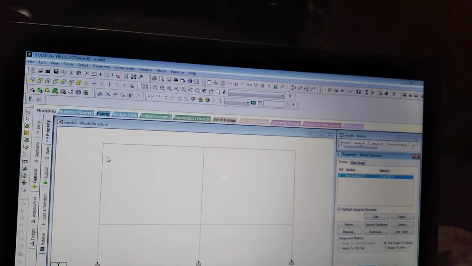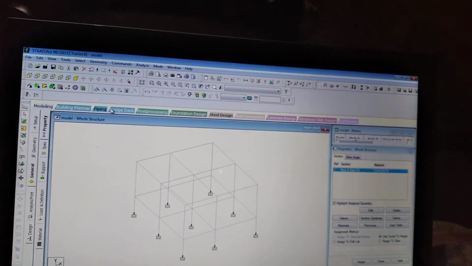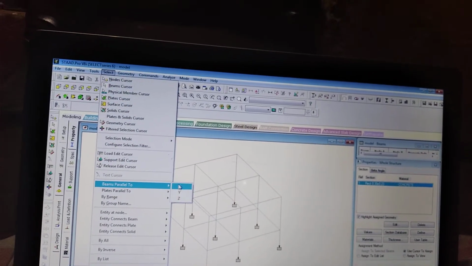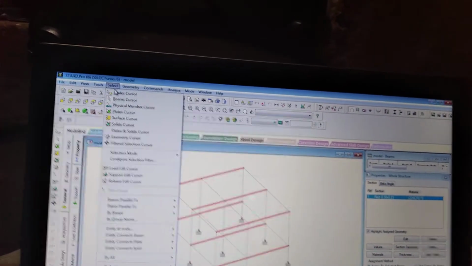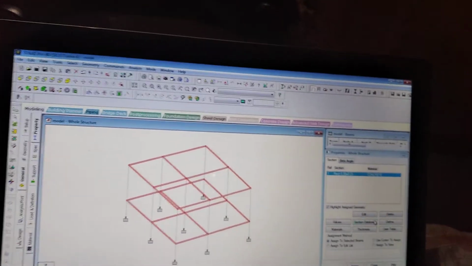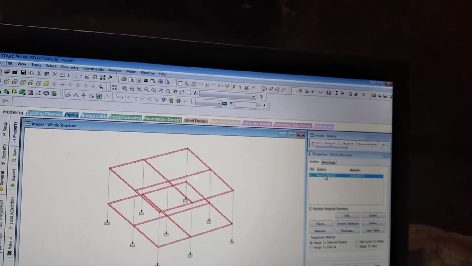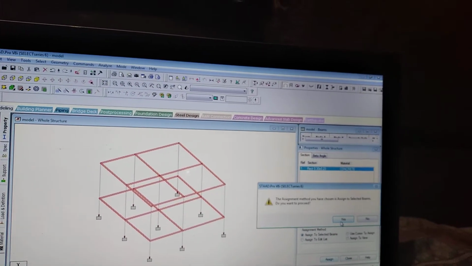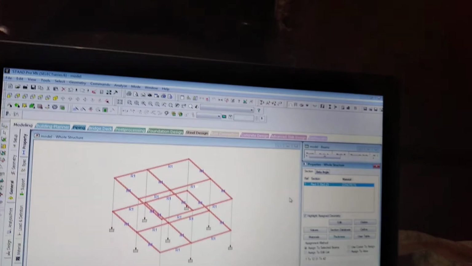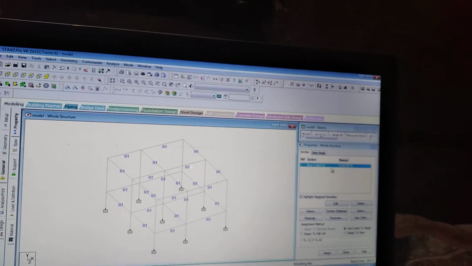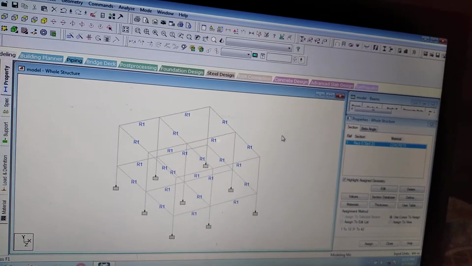So I will click it, and I want a beam, no? So go to select beam parallel to X, select beam parallel to Z. Okay, then select the beam, then the reference section property, and assign to selected beam, assign it, yes. Okay, again I want to assign the property on the column. Okay, see here, I will show you how it is assigned.